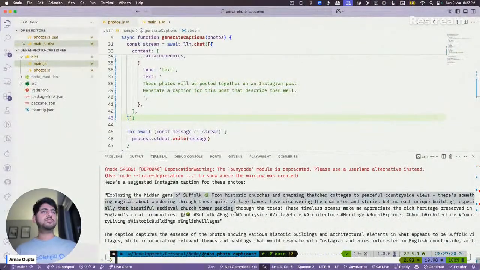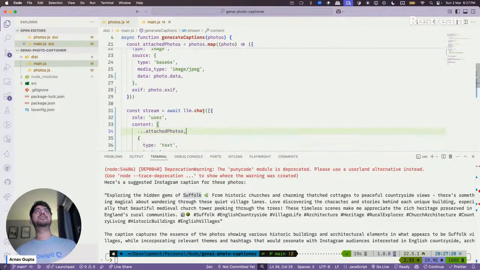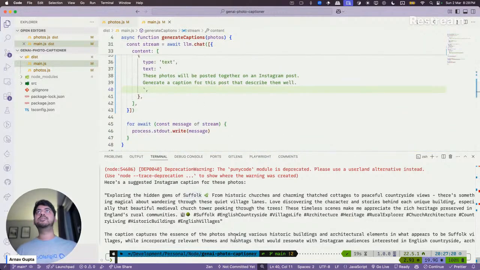It does not know. Is it taking Suffolk too? I think it's taking it from the EXIF information, because some of my race photos are from Silverstone, and I think that's why it's taking the EXIF data from there. But yeah, the rest of things are not really good, but nevertheless, we'll probably pick back from there.